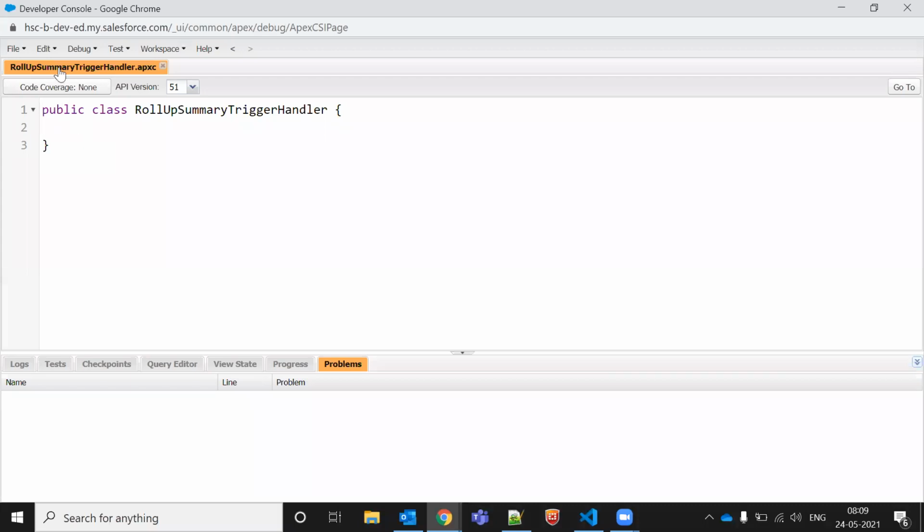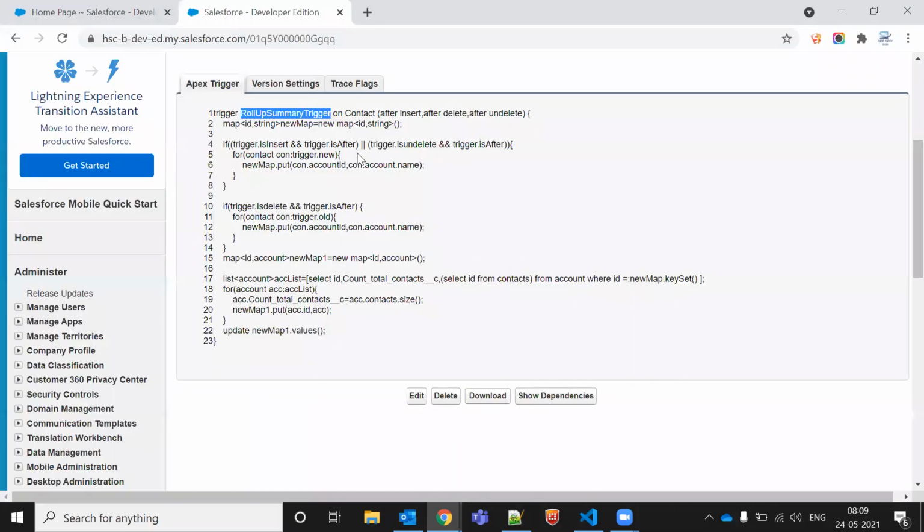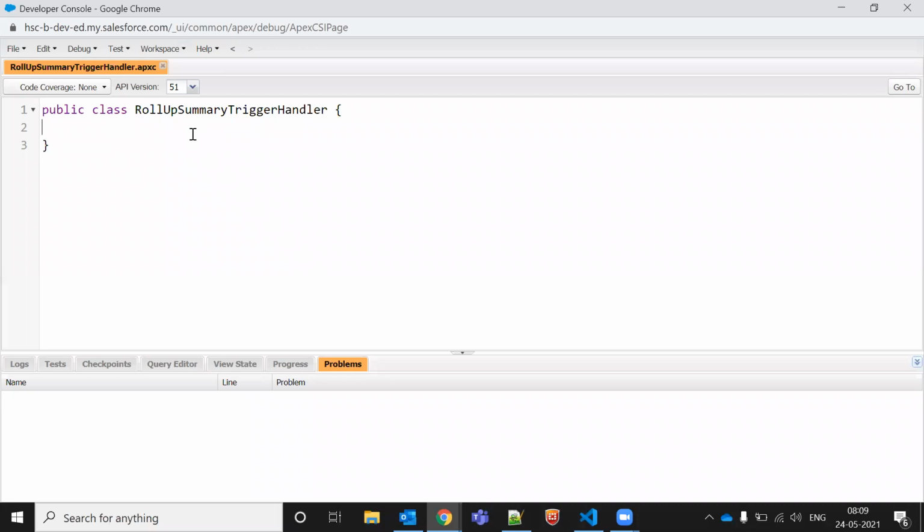That should be like this. We should get to know what the helper class or handler class is for which trigger. So we can get to know like this, and we'll do these things directly, and parallelly what we need to do here is create one static method. Let's say static void or static string, new method or